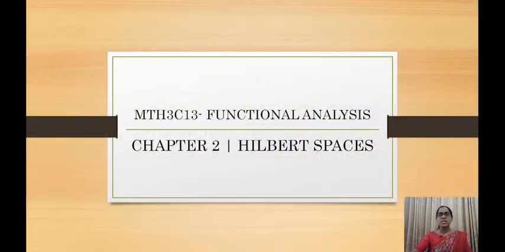We are going to continue with our section, Chapter 2, Hilbert Spaces. In the previous class, we had just introduced what was meant by the Hilbert space, and it is defined to be a complete inner product space. And we had seen that p(x), which was defined to be the inner product of x with x, the whole raised to 1 by 2, was a norm. Also we had seen various properties of inner product, that is, the inner product is continuous, and we had proved the parallelogram law, and we had proved the Pythagorean theorem.